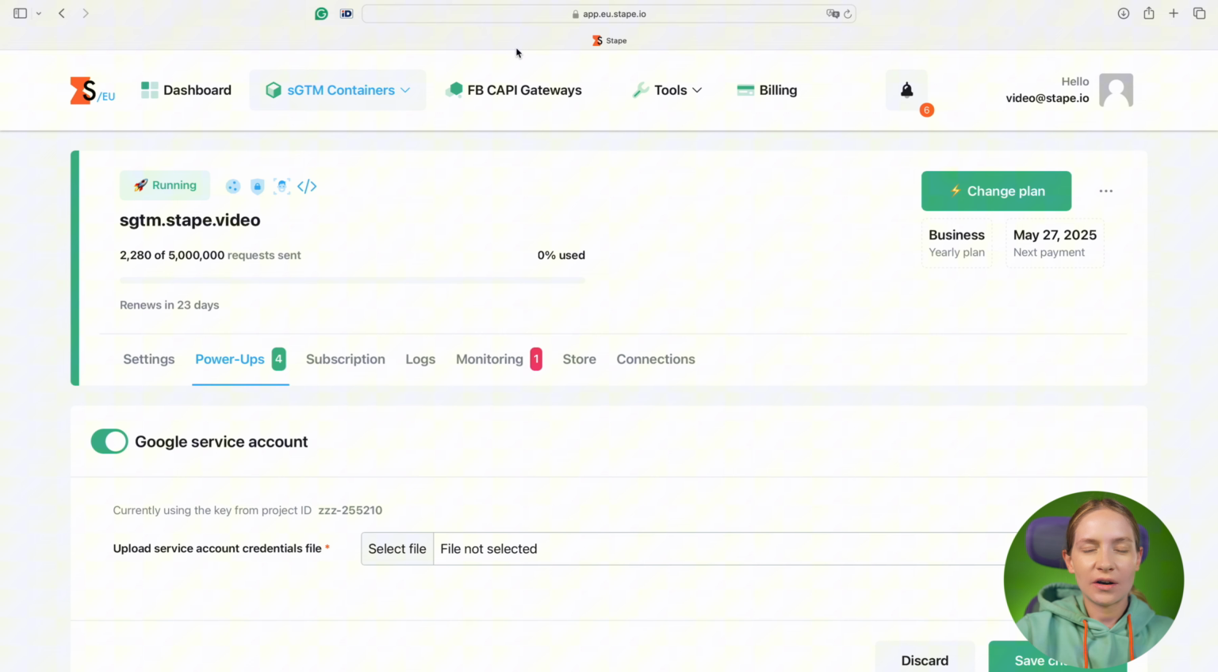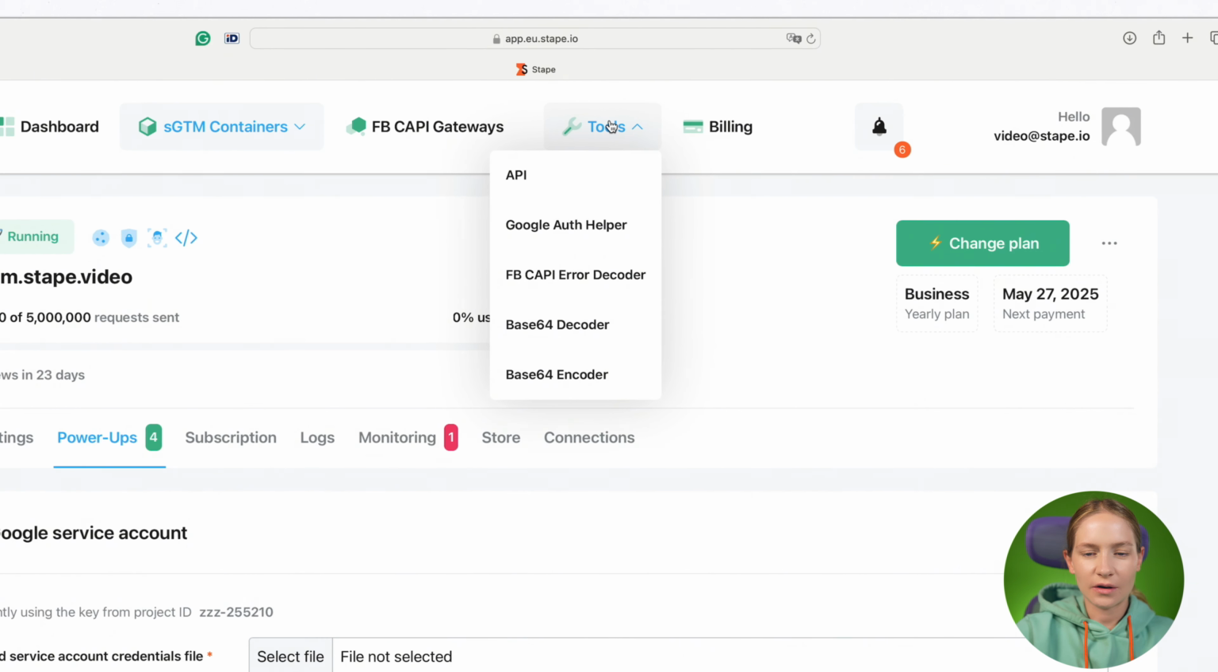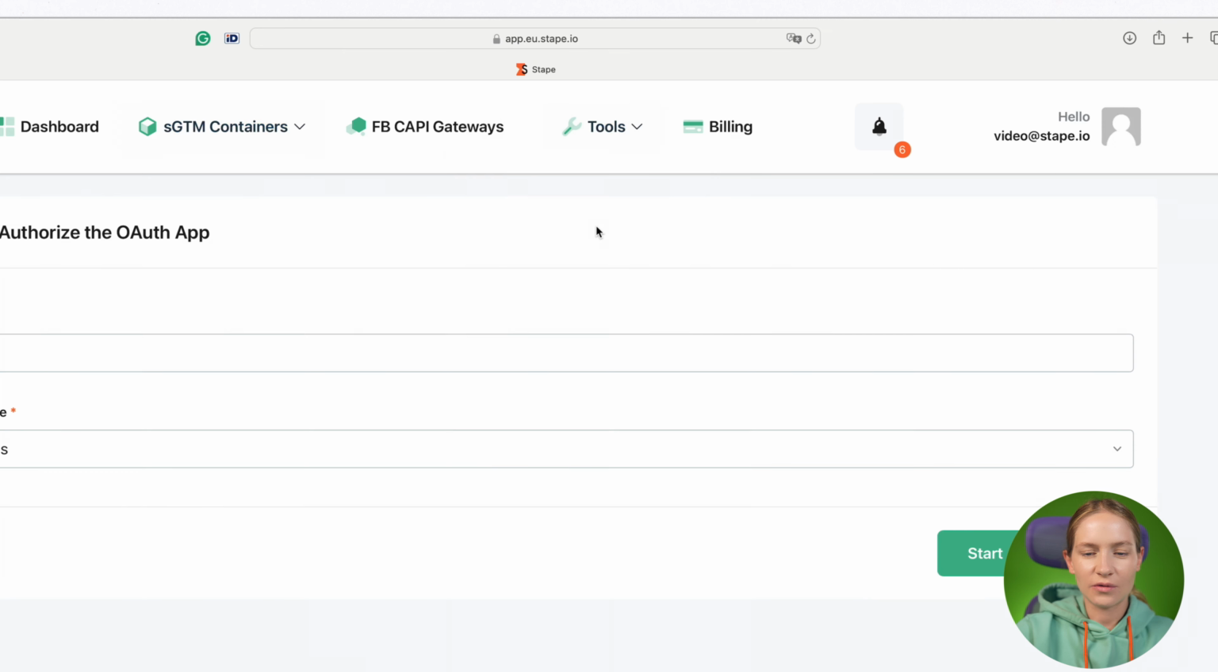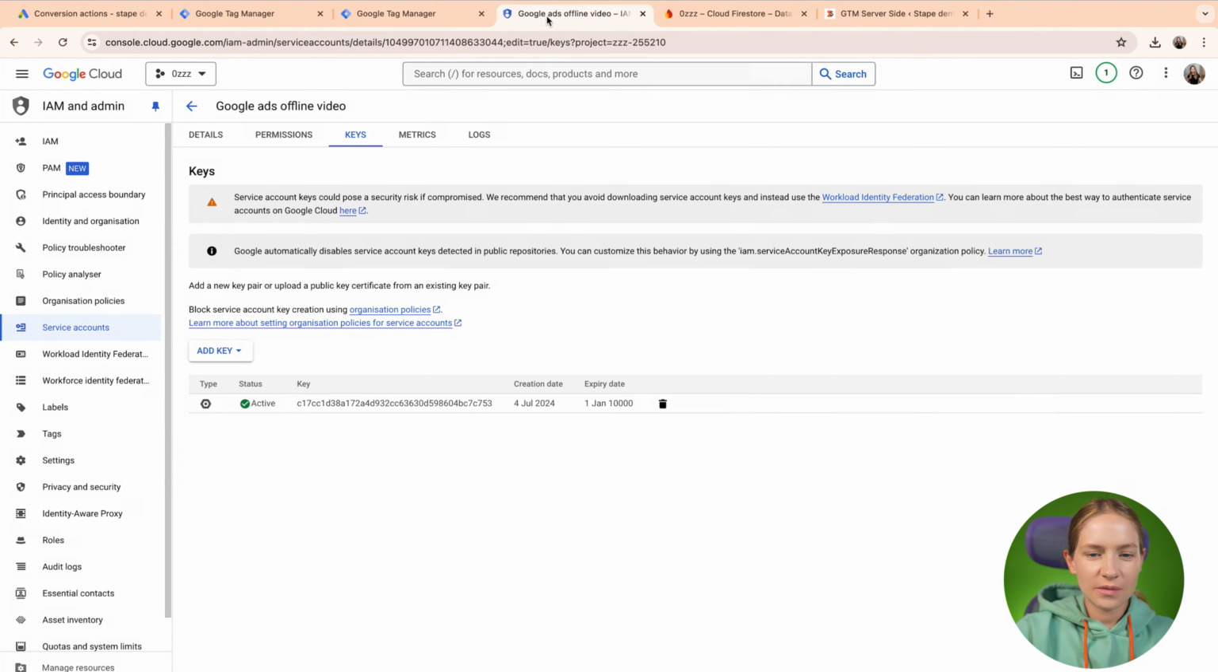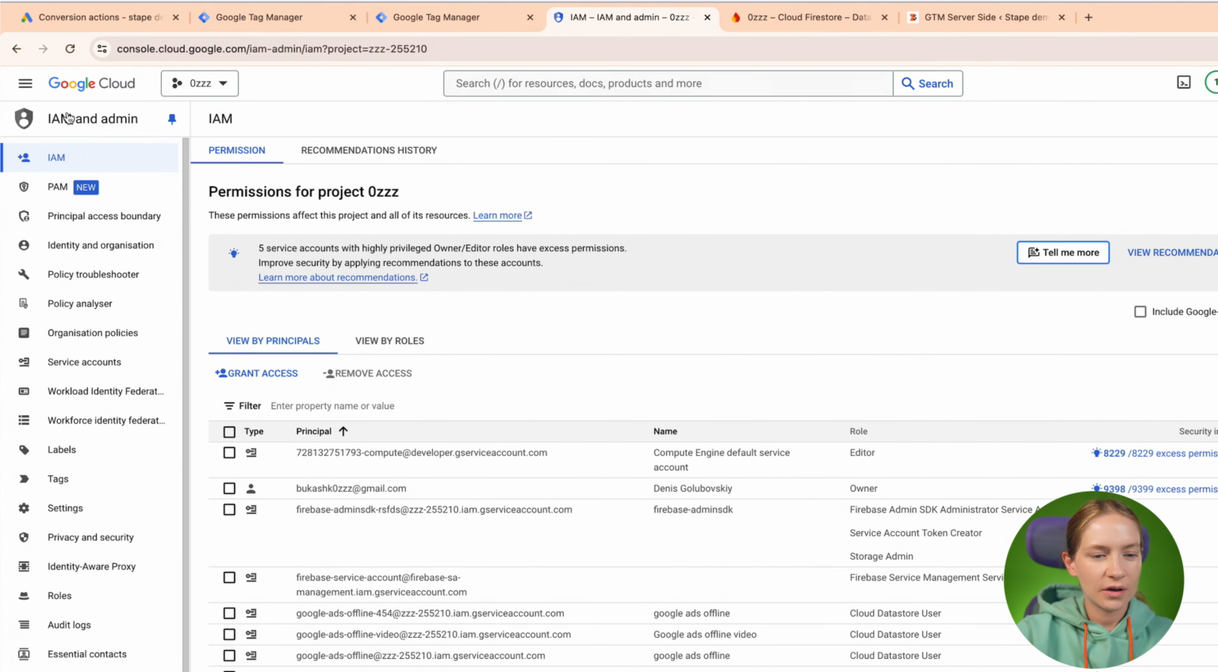This Google Ads Authenticator is available for Stape users. So basically, click here Tools and then click here Google Authentication Helper. And to add all these details, we need to go back to your GCP account. So open the GCP account we recently used and click here